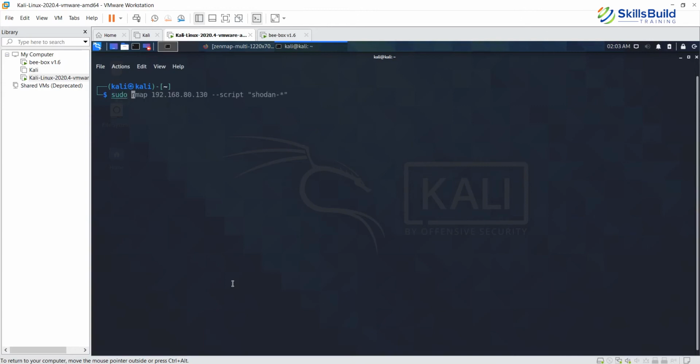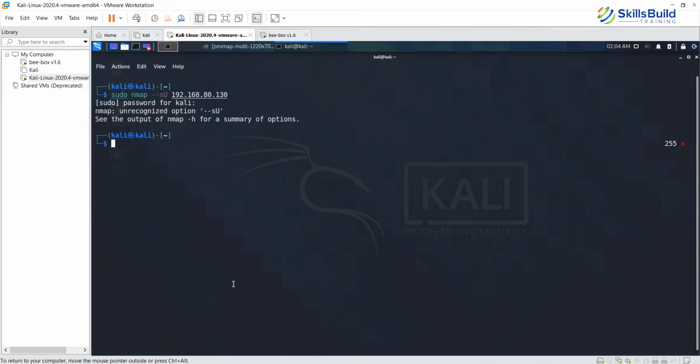So you need to do sudo nmap -sU, and then the IP address. I need to provide the password.